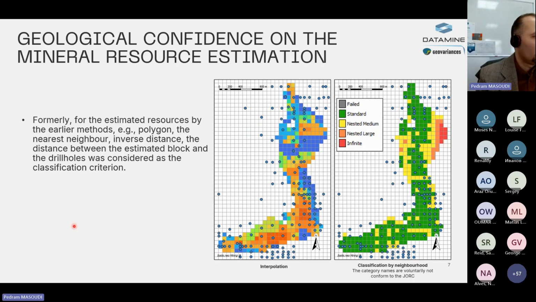Such methods are very useful because they were at least based on the distance. But the inconvenience was that it takes into account the distance, but it doesn't take into account the spatial variability, or for example, the anisotropy. It means that the distance in a horizontal direction and the distance in the vertical direction, or in the northward, in the southward, have the same impact for the classification of the resources,